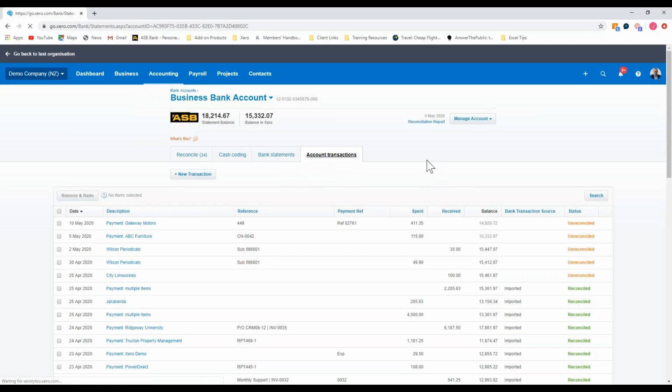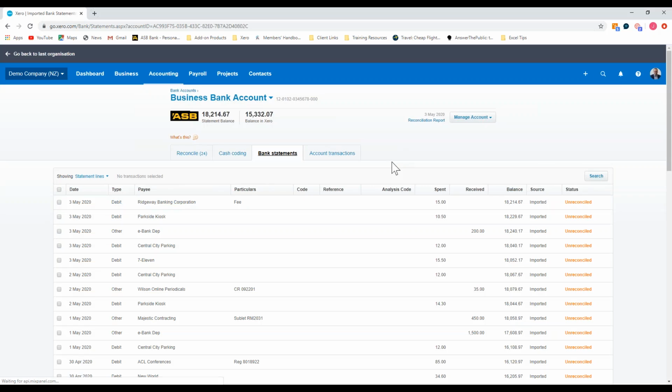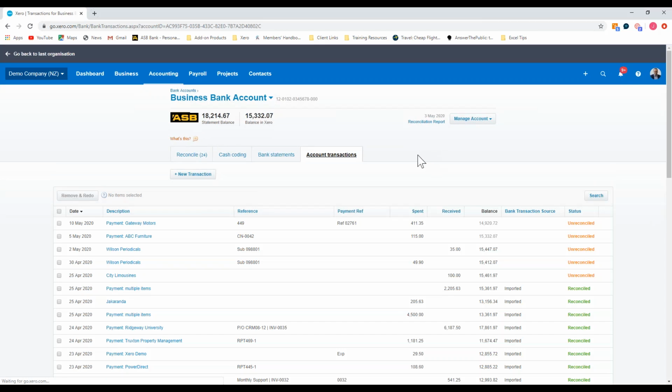But your bank statement may show multiple transactions underneath. Another example is if you've got one amount coming in for, say, your online sales, you would have one line in the bank statement, but in your account transactions, you could have 40, 50, 60 lines